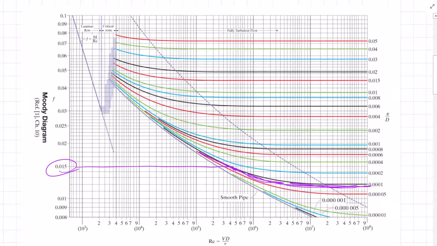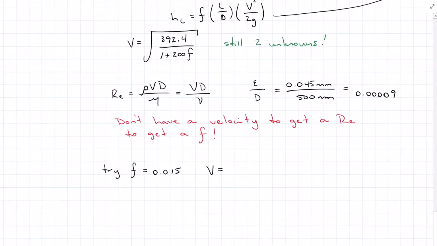So it kind of gets us on the lower side of the Reynolds number and kind of in between my two values here. Just a starting point. So if we start with a friction factor of 0.015 that we're just pulling as an educated guess mid-span around our relative roughness value on the Moody diagram, I get a velocity of 9.90 meters per second,